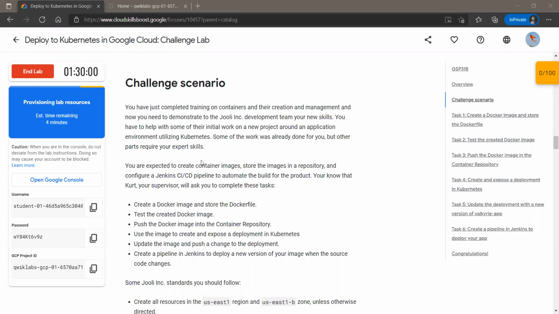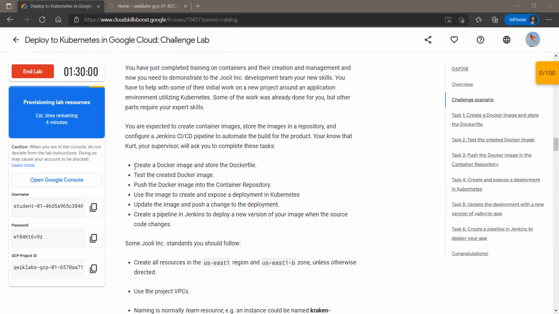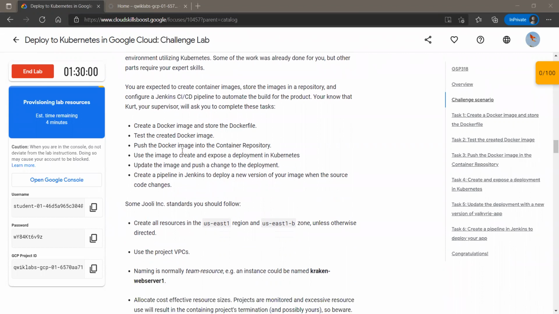So we have to do 6 tasks in this lab and these are as follows. Firstly, we have to create a Docker image and store the Docker file. Next, we have to test the created Docker image by creating a container on that image. Now pushing the Docker image into the container repository. And the fourth task is to use the image to create and expose a deployment in Kubernetes.